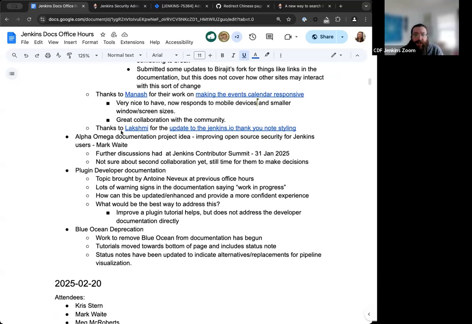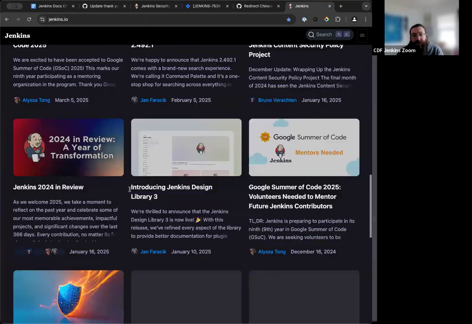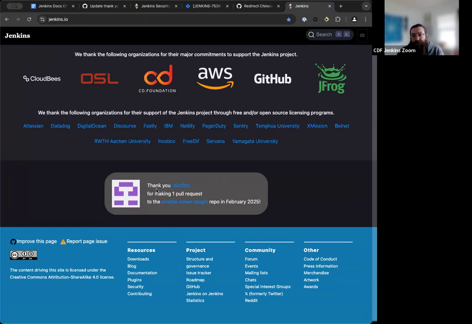And then finally, Lakshmi updated the Jenkins.io thank you note styling. This is something that was recently implemented. If you go to the Jenkins.io site, we have a thank you note at the bottom of the page to recognize contributors to the Jenkins organization. This is not just Jenkins.io. You can see that this is someone who created a pull request to a plugin within the Jenkins ecosystem.